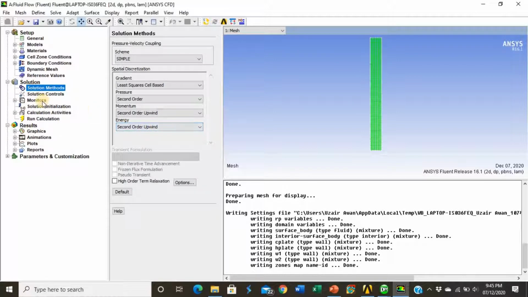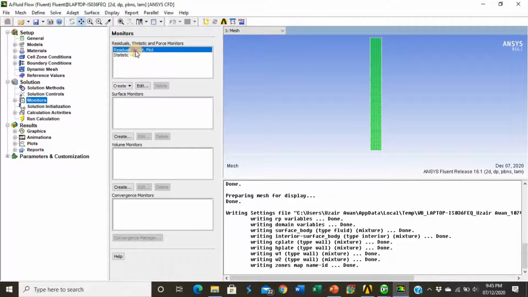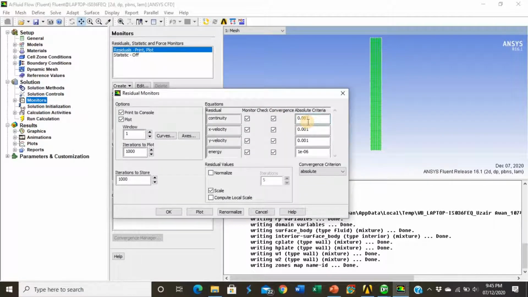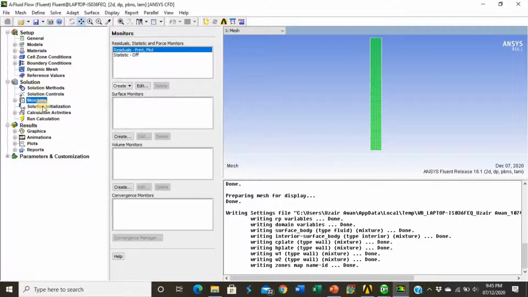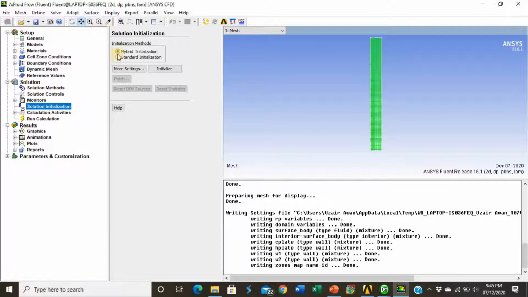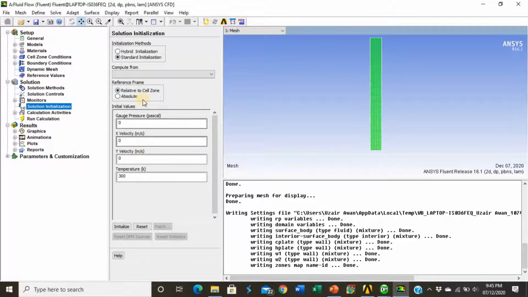Now moving to the monitors, here double click on the residuals and change these values from 0.001 to 0.000001, or you can say 1e-6. Again, do the same for this one and click OK. Now moving to the solution initialization, change the settings from hybrid initialization to standard initialization and compute